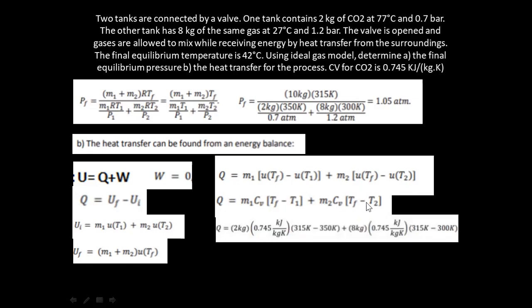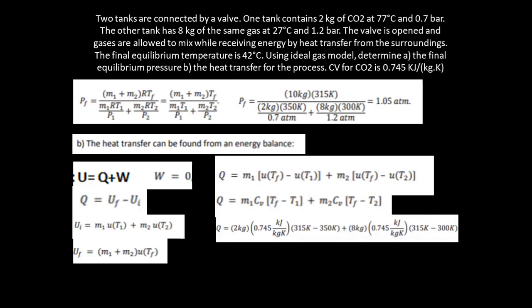If we're going to substitute now the following variables, for M1, this is the mass of the carbon dioxide at the first tank at 2 kilograms, times our specific heat for carbon dioxide at 0.745 kilojoule per kilogram Kelvin, multiplied with TF, or the equilibrium temperature after mixing